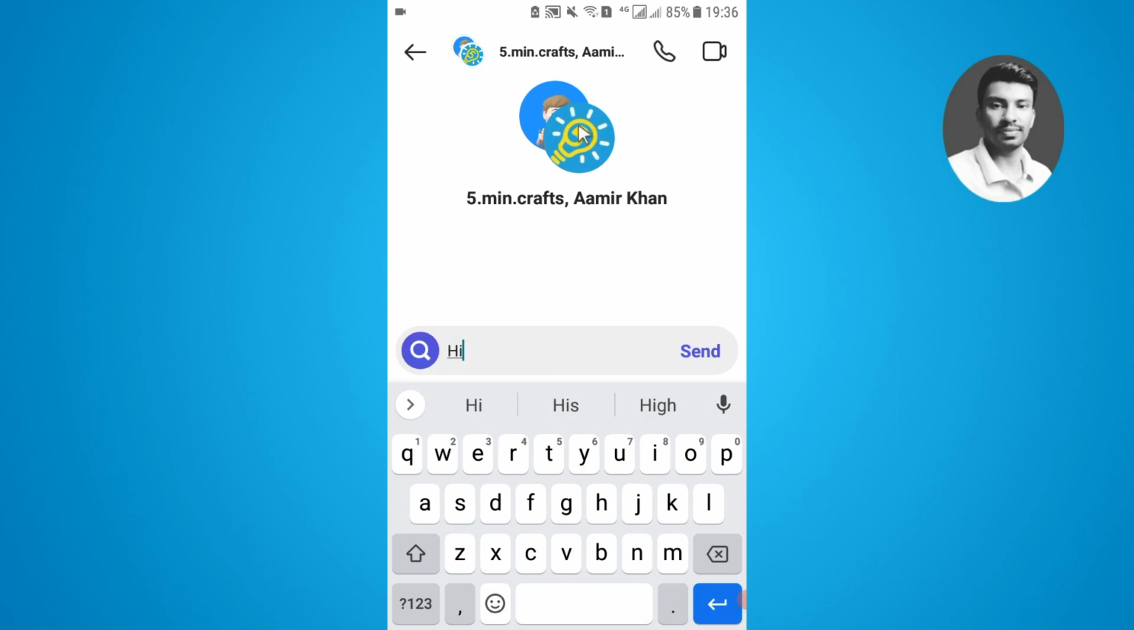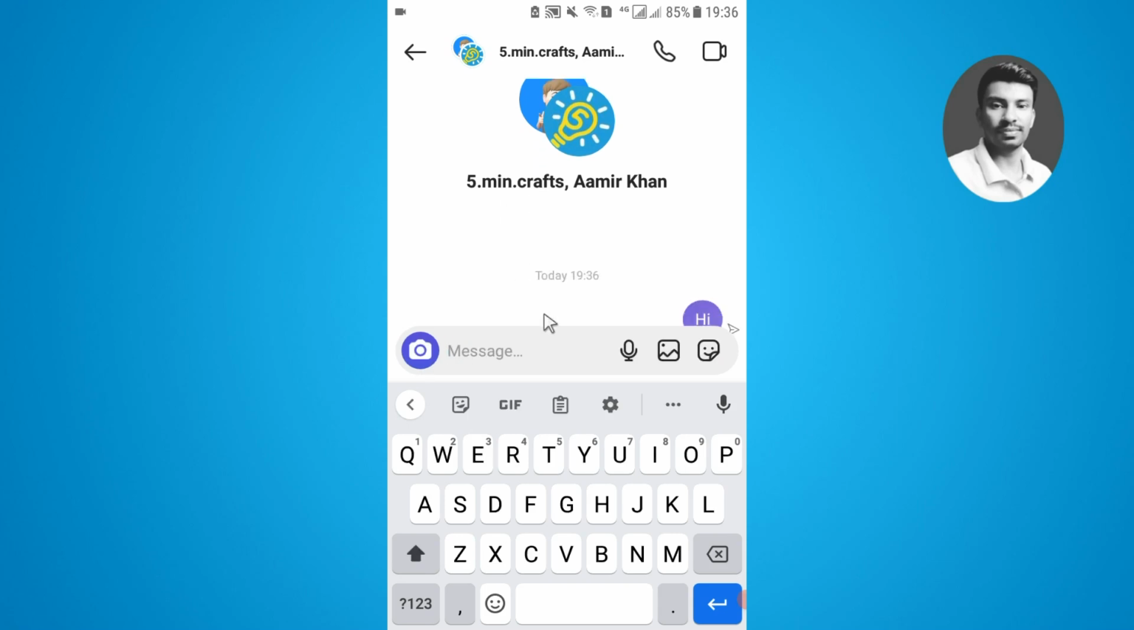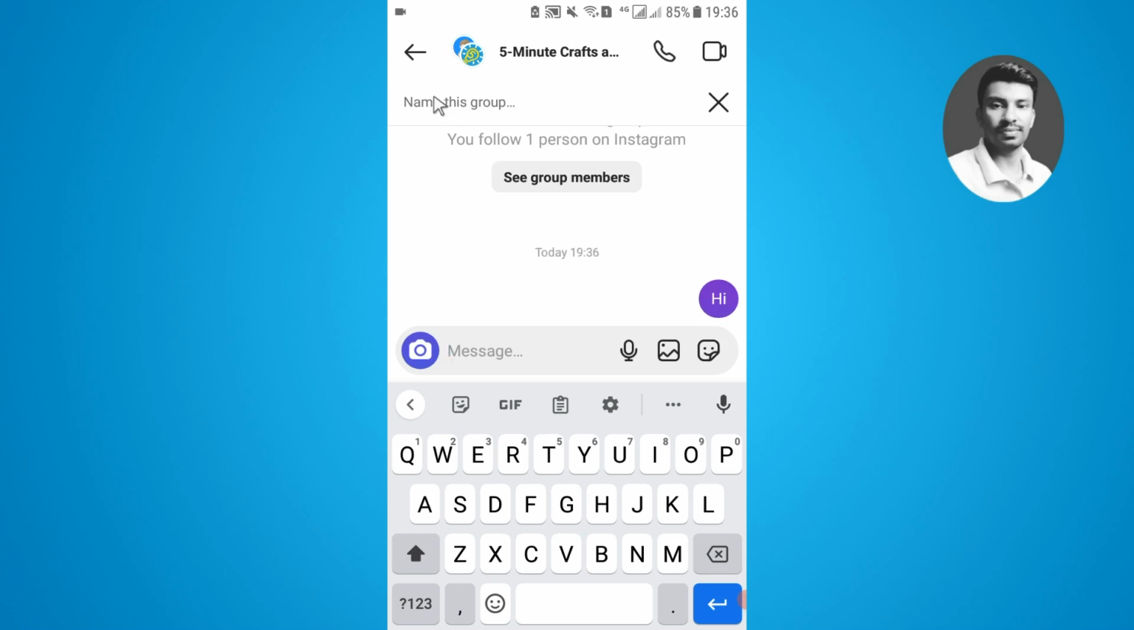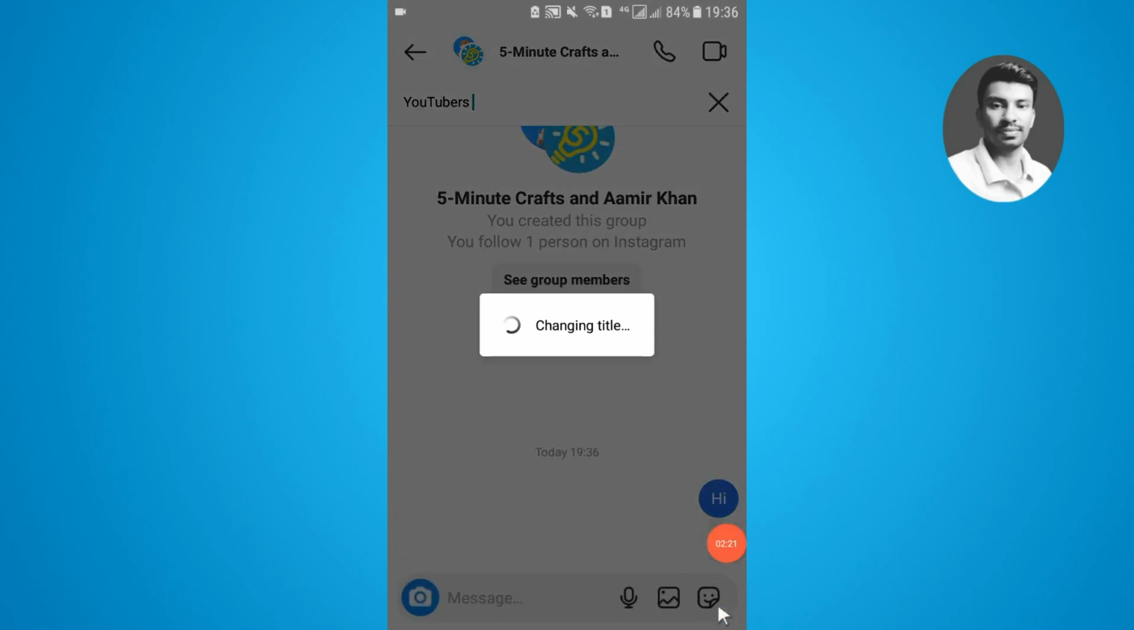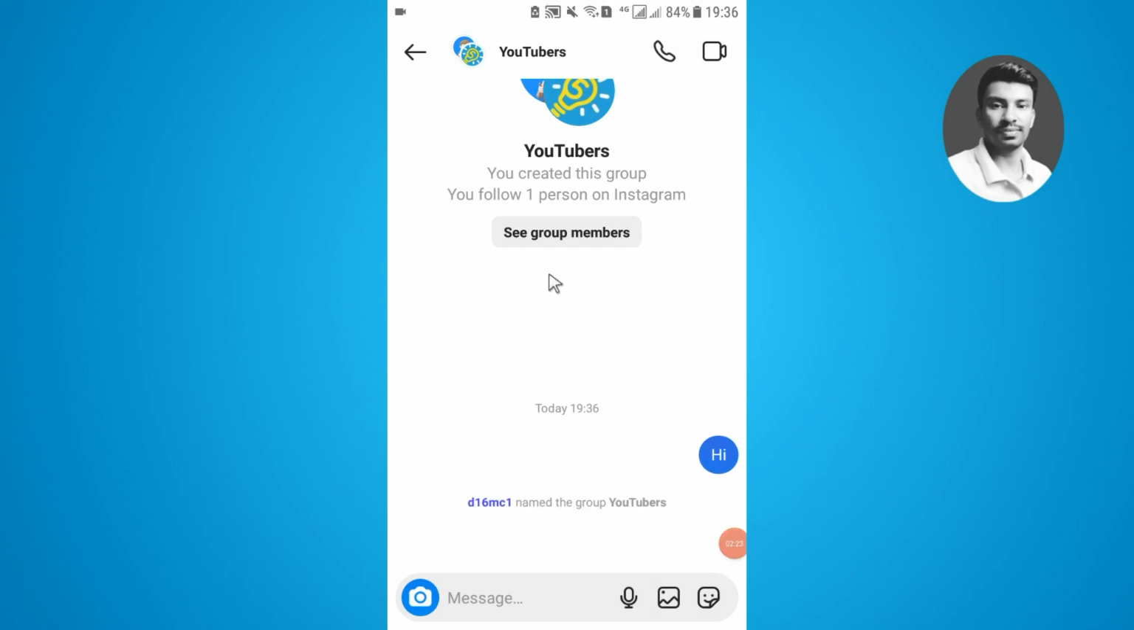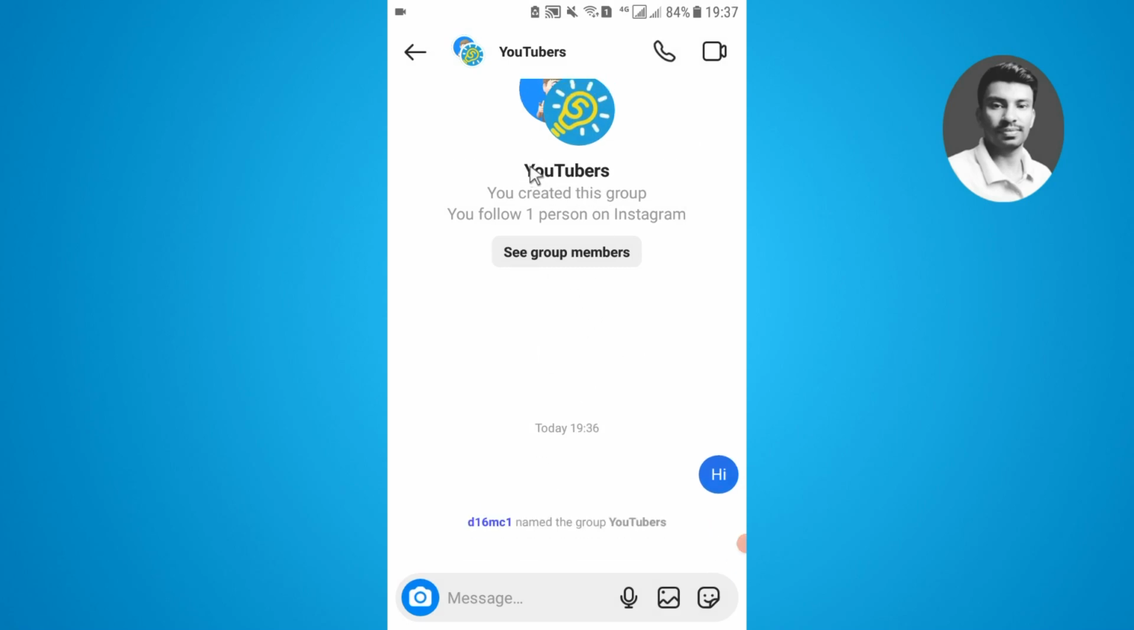Then you'll be enabled to set a specific name for this group. I just want to type here hi, and when I send the hi message, here I can find at the top a name this group option. You have to type the name for the group. I have typed The YouTubers, and now if I tap on the check mark, here I can save some changes. Here you can see I have successfully set the custom name on this group that